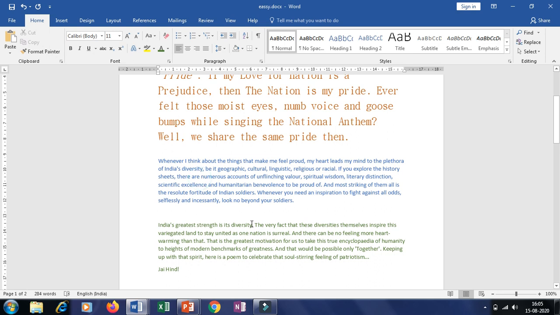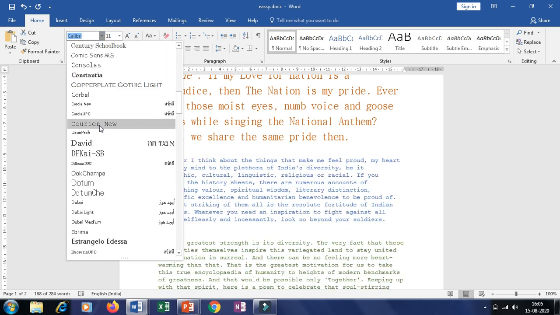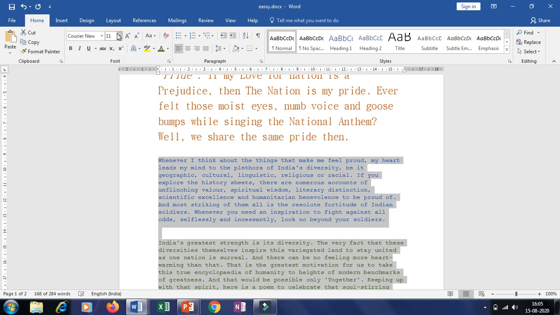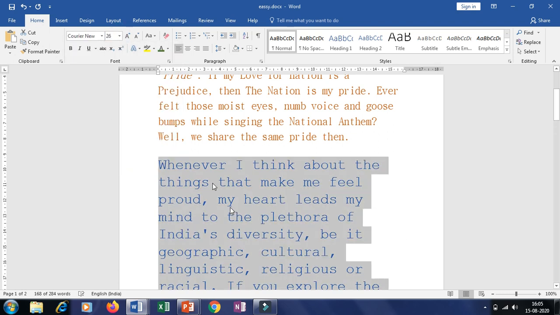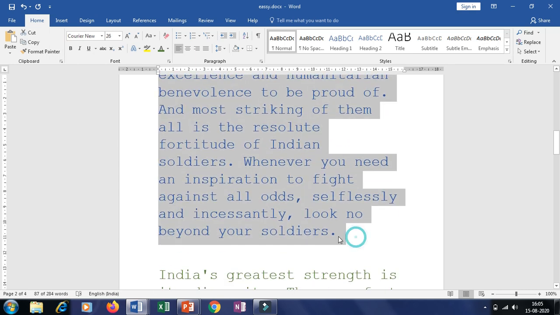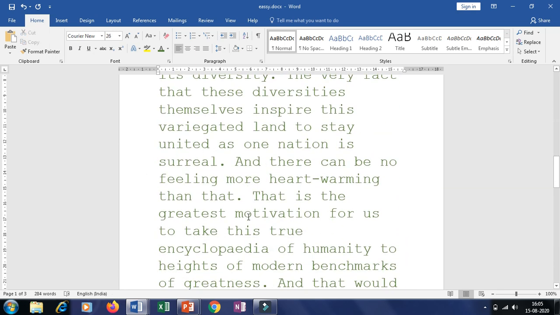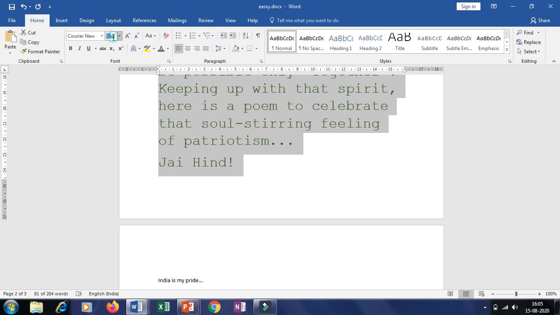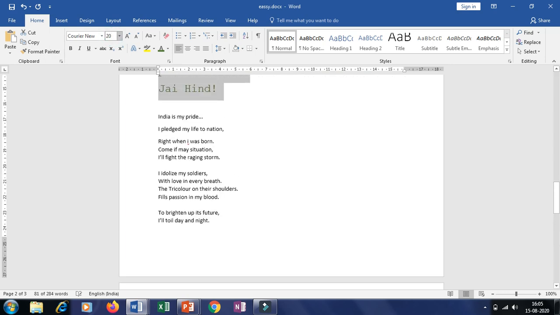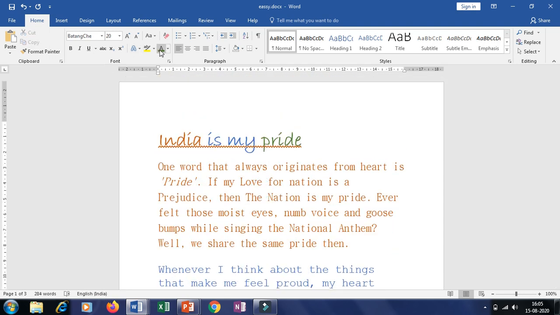Here I have not changed the font and the font size. If you want, you can select and change it. We'll do it. We'll select something different. Okay, this one I'll select. Then the size to 26. What is the size of this? 20. So we'll take it to 20. So this way you can change the colors also, that is from the font color option.